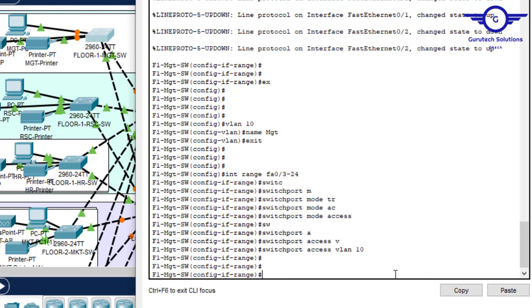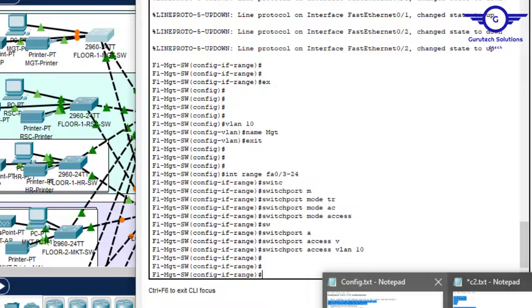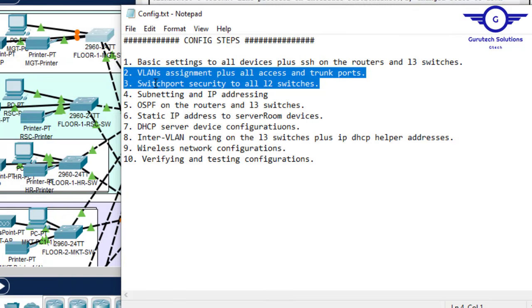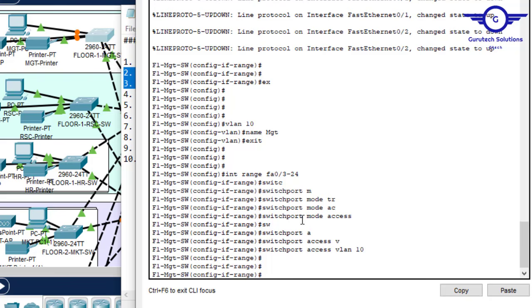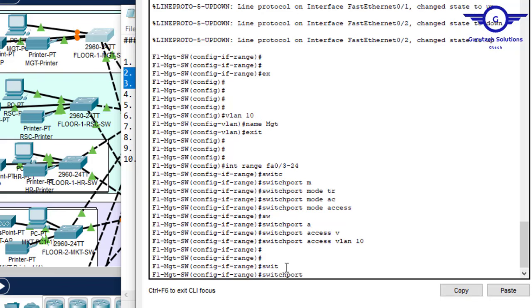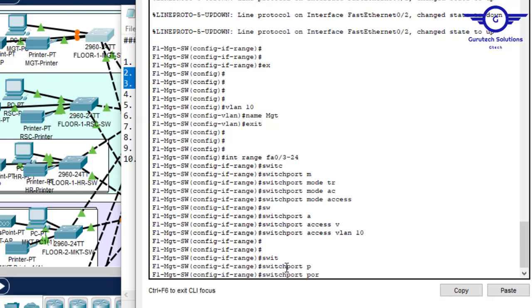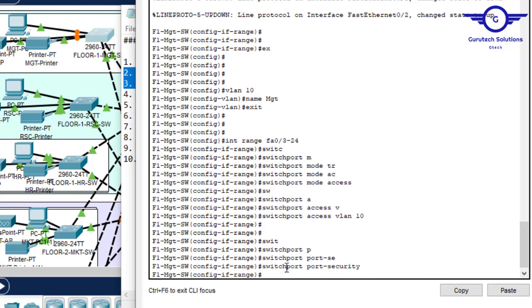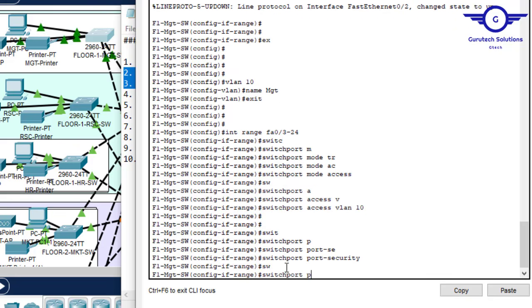Alright, and guys, we said also that we will be combining step 2 and step 3 because we want to configure switch port security to all the access ports. Okay, so let's configure switch port security to these ports here, this range here. Okay, so I'll just say switchport port-security, do you write it? Port secure, good. Then switchport port-security,